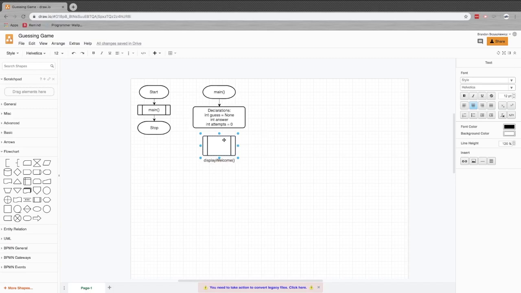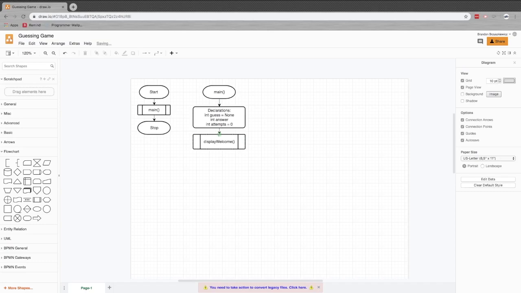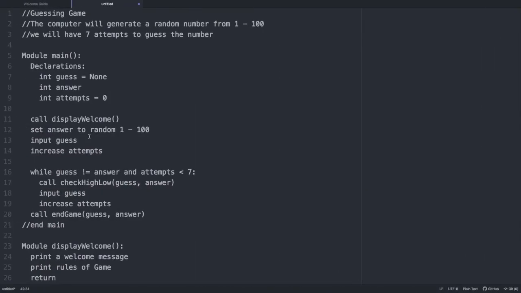Two parentheses, we'll again put that towards the center of everything. Stretch that out so it's easily visible. Condense, line it up. Flow lines from here to here. Okay, next thing we wanted to do was set the answer to the random and input my guesses and increase